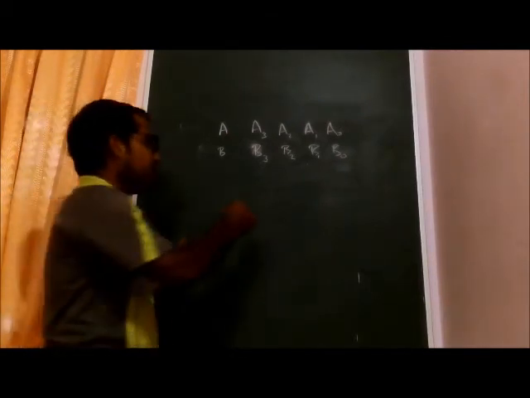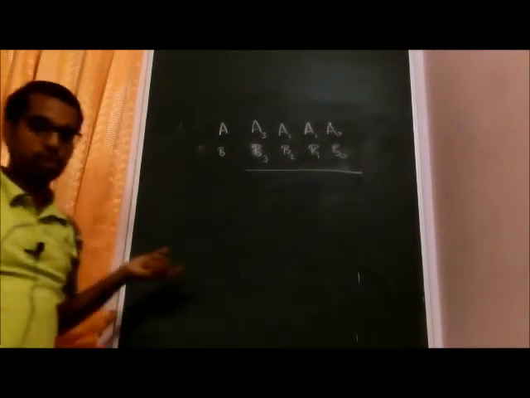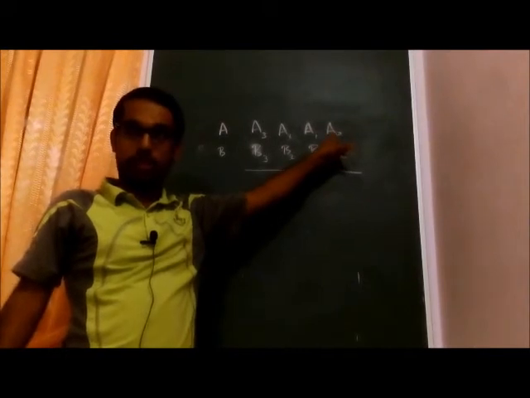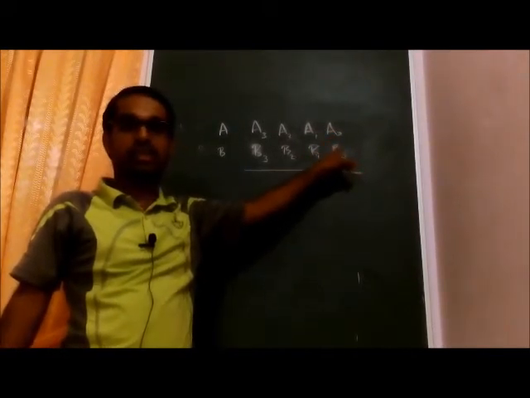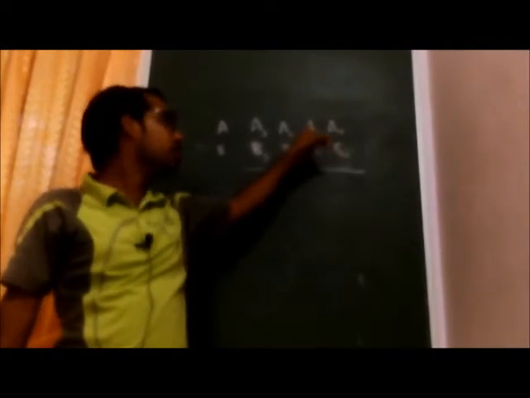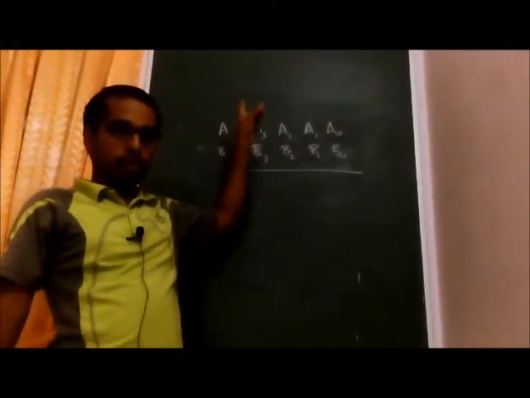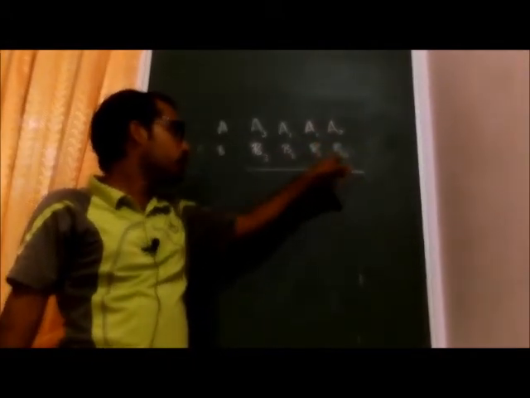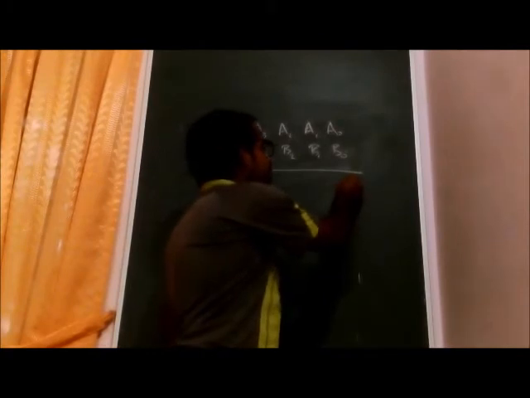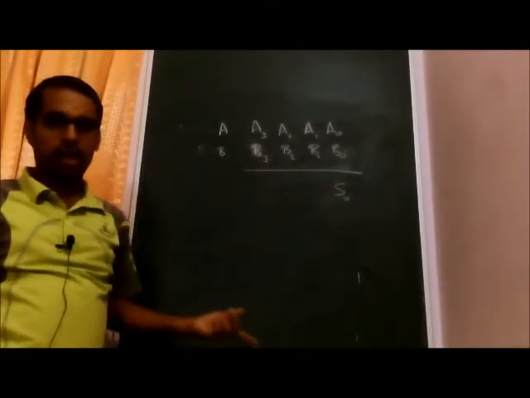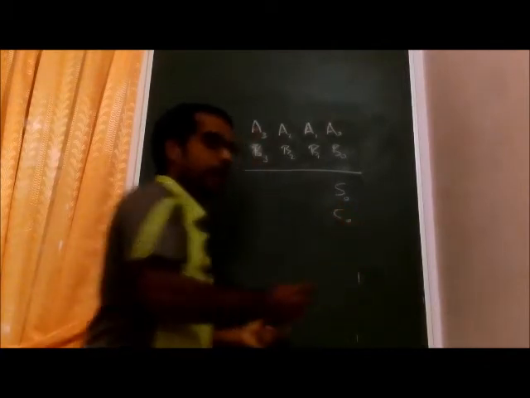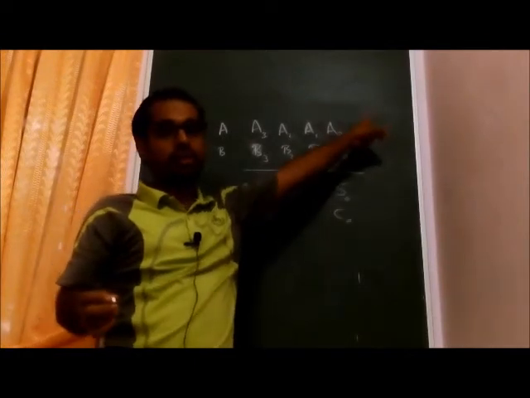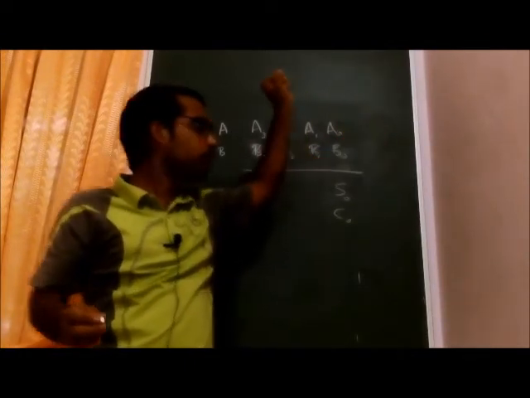For example, suppose we are adding these 2 numbers, you will get a sum. A0 and B0 are the lowest significant bits. This is the next higher bit, this is the next higher bit, and so on. Normally we add the lowest significant bits first, and you will get a sum. Let x0 be the sum, and there will be a carry. This carry will be generated. Since this is the lowest significant bit, there is no carry in.